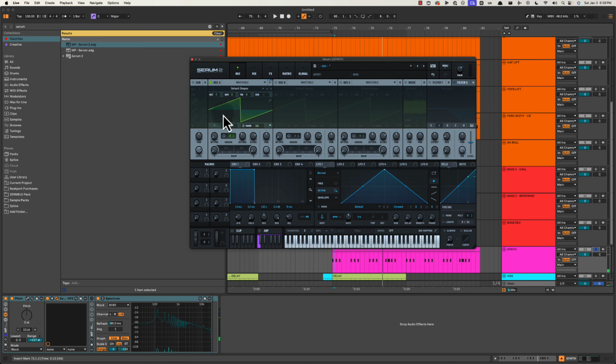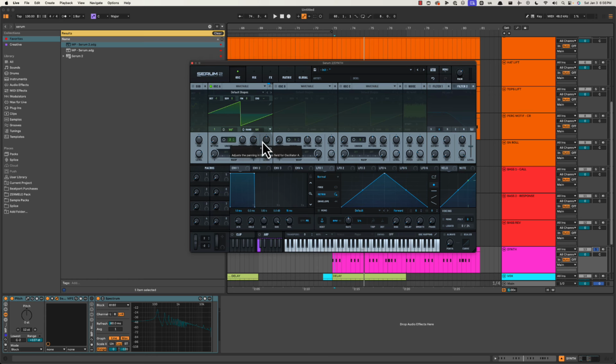But when you stack oscillators and it's all down mono, and you've got random on or detune on, even if we turn random off, you're still going to get some kind of phasey sound just because of the detune here. But if we bring this up to random, we're going to get a lot more phasey sound because the oscillators are constantly changing where they're playing in the cycle every time it gets a new MIDI note.